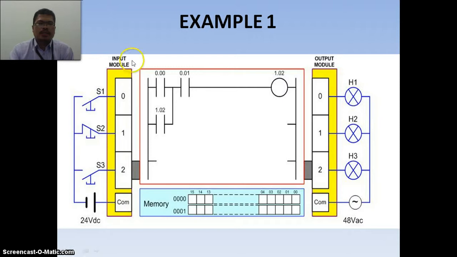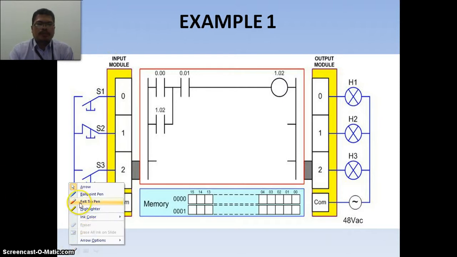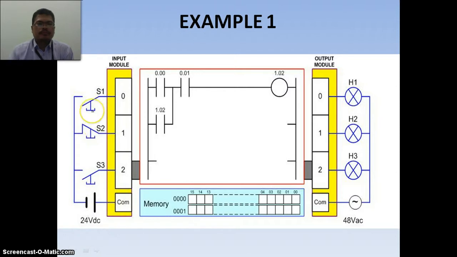Okay, let's take the example of this diagram. So let's say this push button is being pushed, so there will be continuity here, which means that the input will receive a voltage.